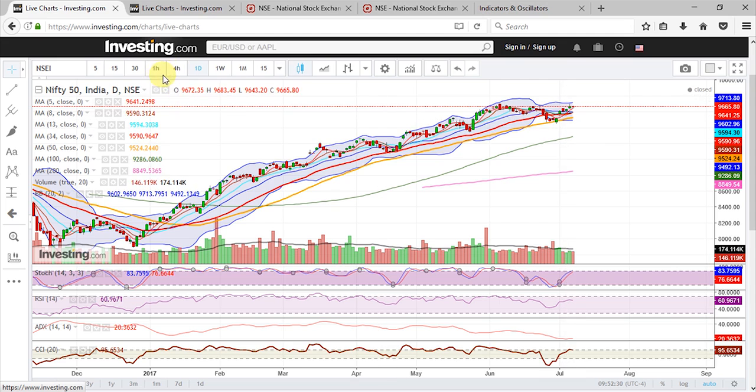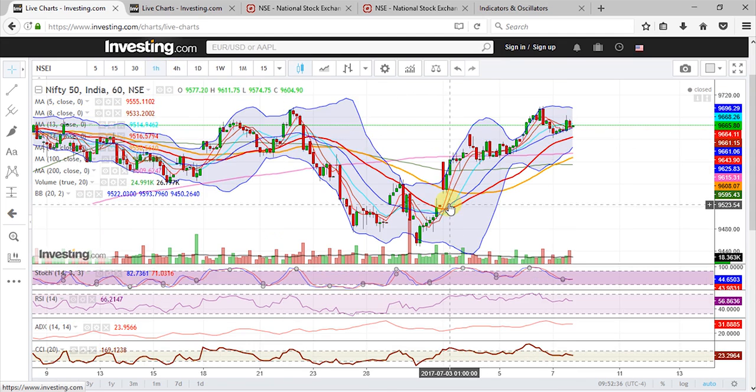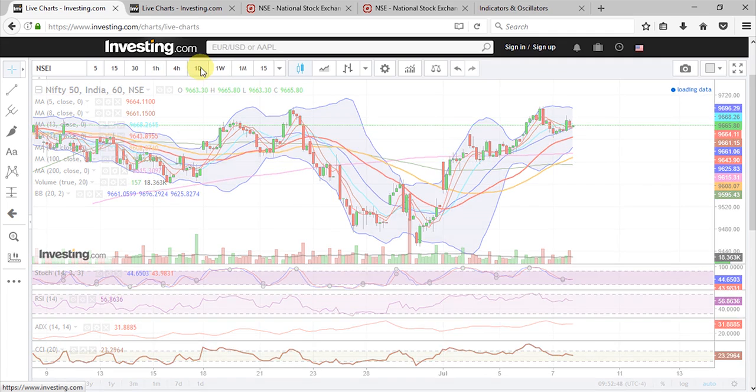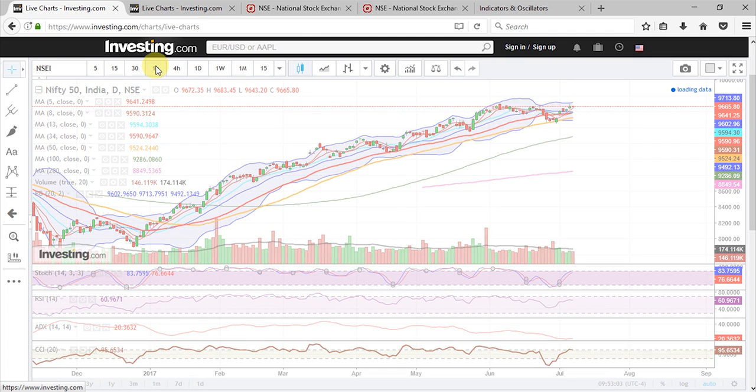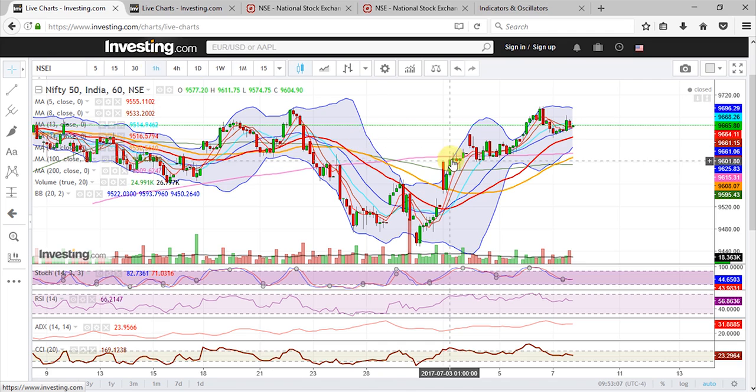Let us look at the hourly chart. In the hourly chart, what we can see is that there was a gap up opening on Monday. This was very close to the mid-Bollinger line in the daily chart. So ideally, someone could have shorted the market close to this kind of a region, and if someone had shorted from that point in the hourly chart, we can see that he could have gained around 50 points in